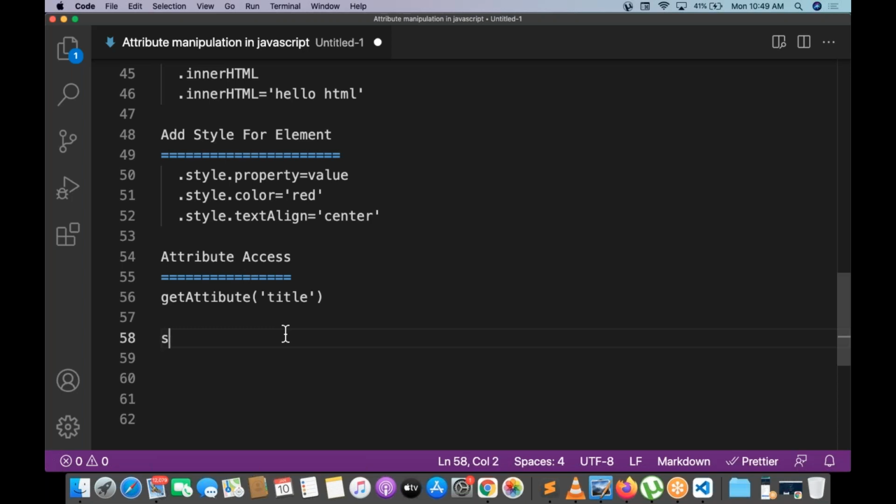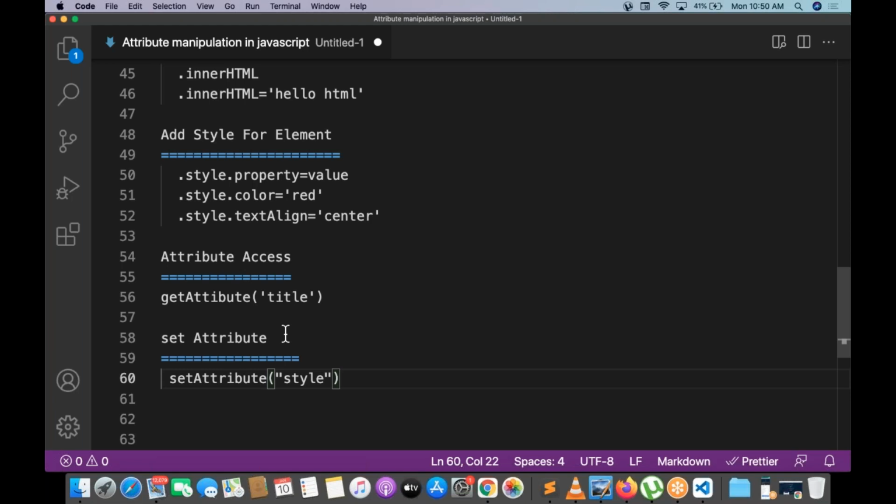Next, setAttribute. One more is setAttribute. How to set attribute? There is no attribute available, I want to set an attribute dynamically from JavaScript. So whenever you want to go with setAttribute, suppose I want to set an attribute called style, that attribute name called style I need to set.